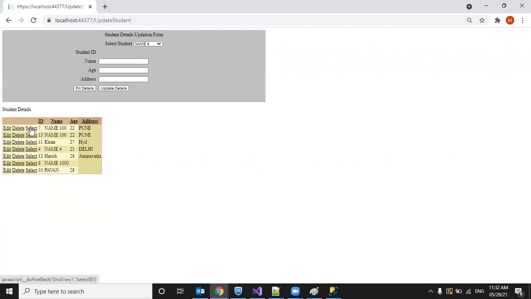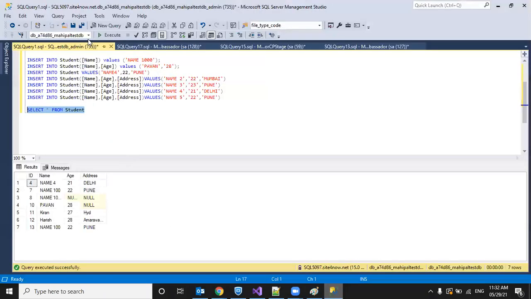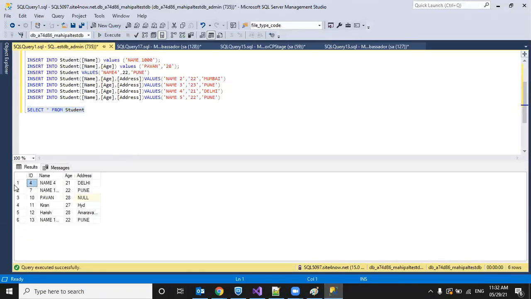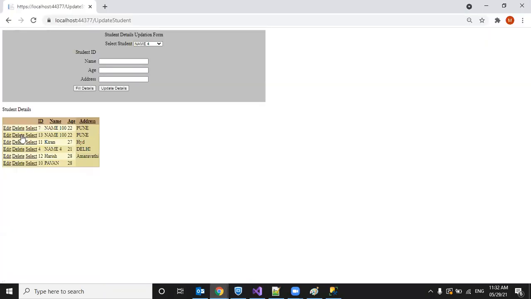So if you want to select this row, it will get selected. Now if I want to select this one, you can use select. So like this, this is the select operation. Okay. Next, if I want to delete this record, I can delete that. So clicking on delete. Okay, that got deleted. Let's go and check here. We had 7 records, and now only 6 records. So the row got deleted. We did not write any code. Okay, it is providing all the features.